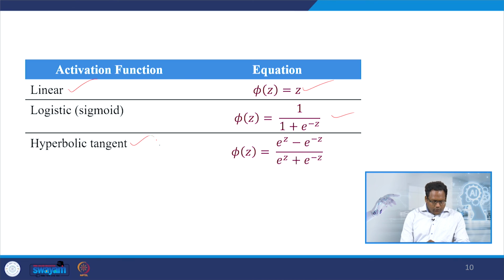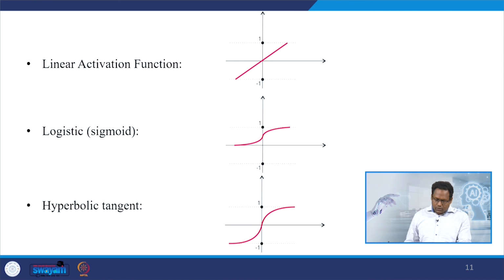Similarly, we have another form of the sigmoidal function, which is the hyperbolic tangent function, which is given by phi of z equal to e power z minus e power minus z upon e power z plus e power minus z, which takes an output range varying from minus 1 to plus 1. The profiles of the linear activation function, the logistic sigmoidal function and the tan hyperbolic function, all these three